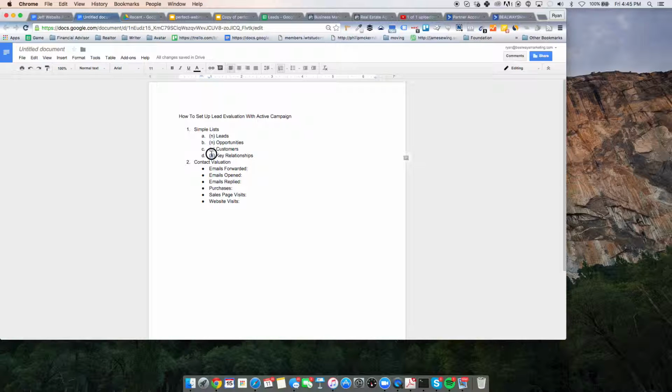The N is the niche. So if you have multiple niches in your ActiveCampaign, then niche, then the key relationships. Okay, so if you already have those, no big deal. If you already have different lists, no big deal. The main purpose of this is that we're going to focus on these contact evaluations. It's going to allow us to start to build points, if you will, for our contacts. And when they start to hit certain numbers, we can actually do calculations with this,